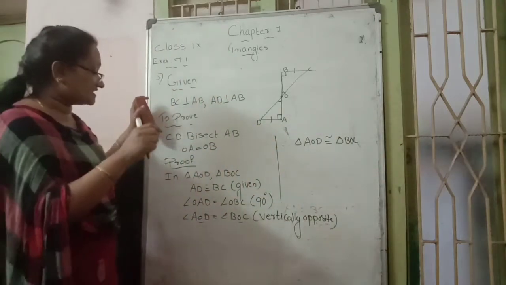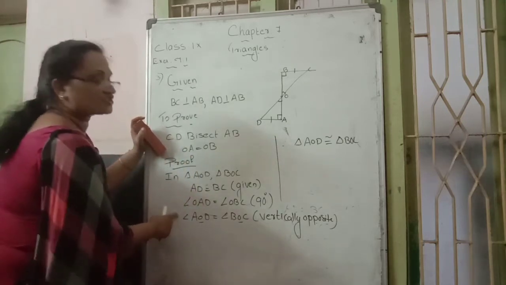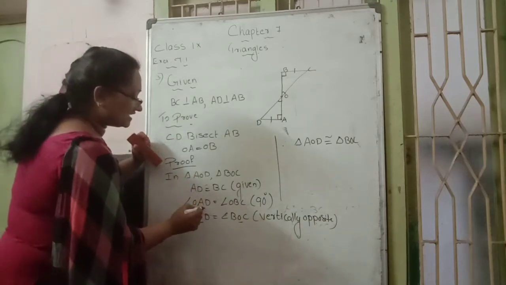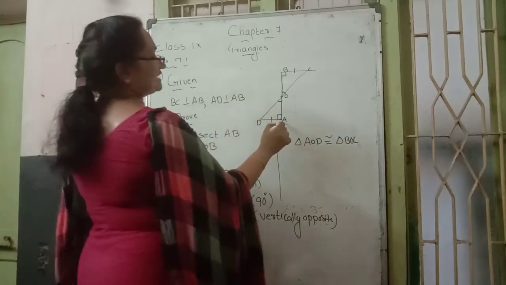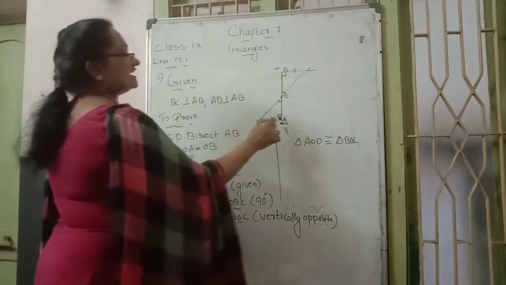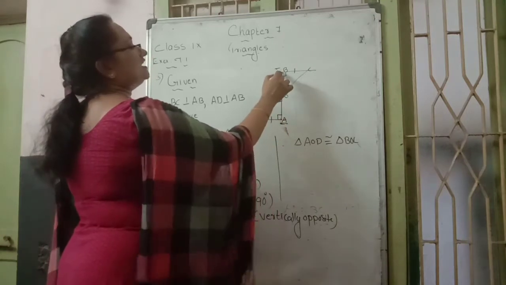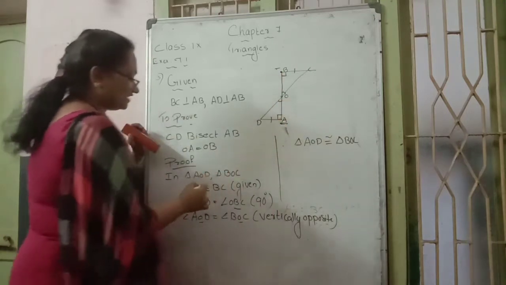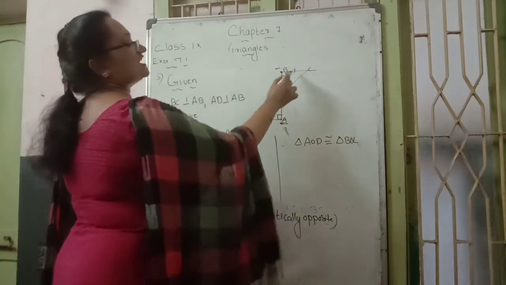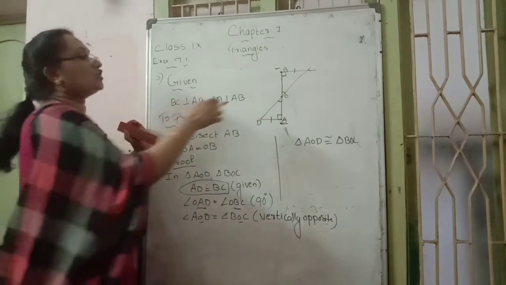By which property? See, two angles and the AD and BC sides. These two conditions are angles. But carefully check which angles they mentioned there: angle A and angle B. Then both include which sides? AD side and BC side. Here A and B are on this line, but we get which sides? BC and AD. They are on another part, another side, not the included side.